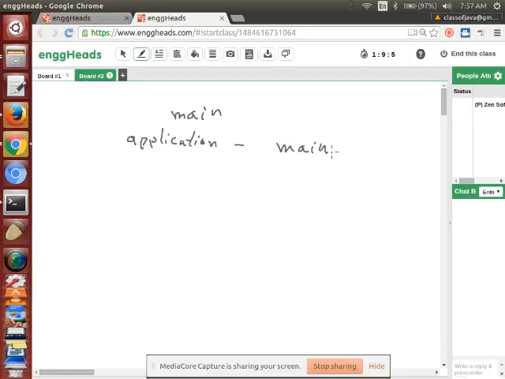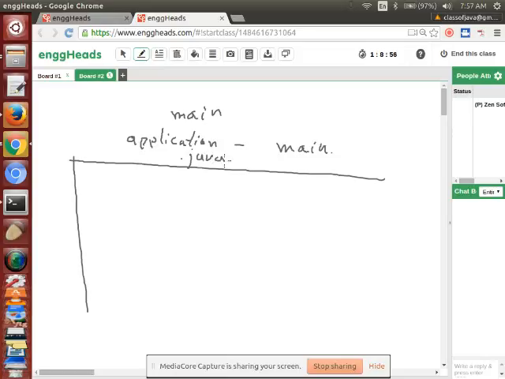In this case, for Java, your code has to be written in a file with the extension of .java. Fine, the extension has to be .java only. You can't have any other extension. Okay, fine. Now,